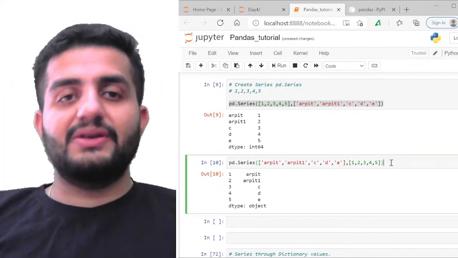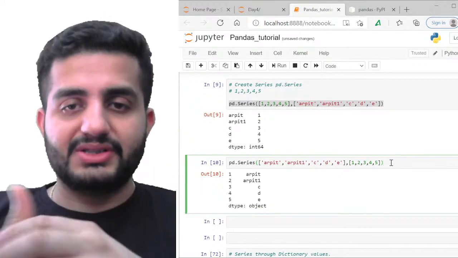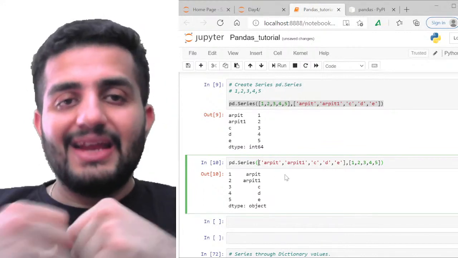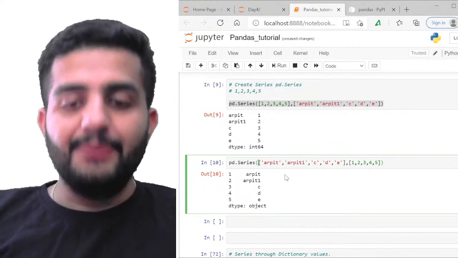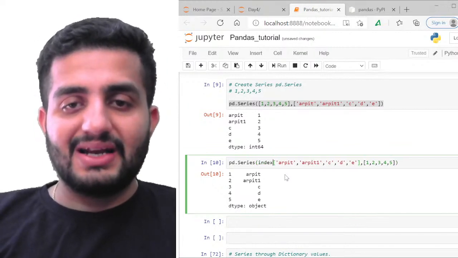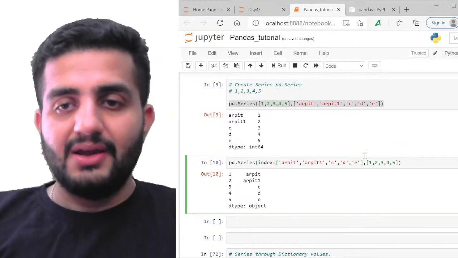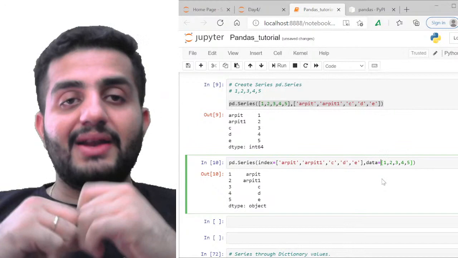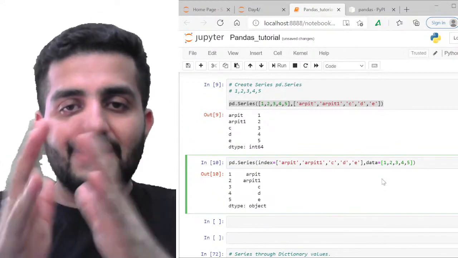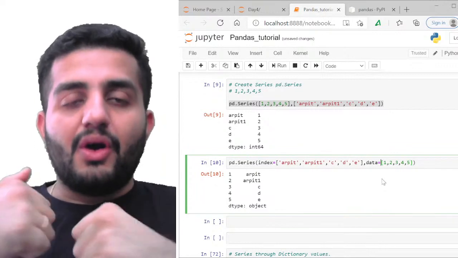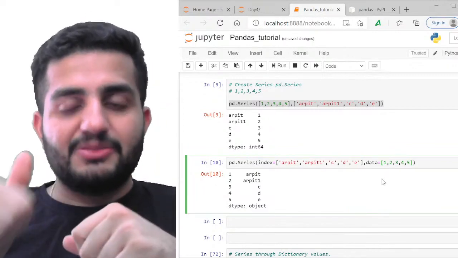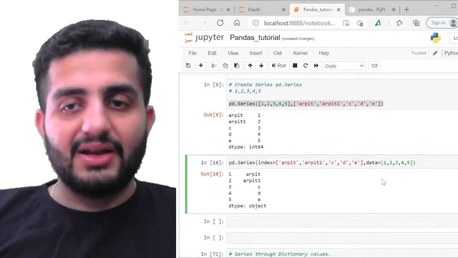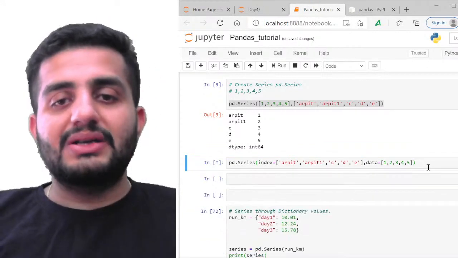In this case, suppose this is how you have written it by default and you still want to use it. There is an option to give the argument name directly in the function. So you can specifically say, hey boss, this is not data, this is index, and take this as data. When you are explicitly mentioning the argument name, order is not important. Order is only important when you are not specifying the argument name. If you specify the argument name, then you are allowed to use it however you want.